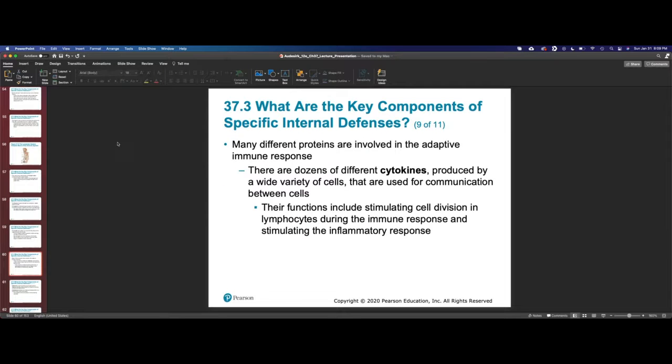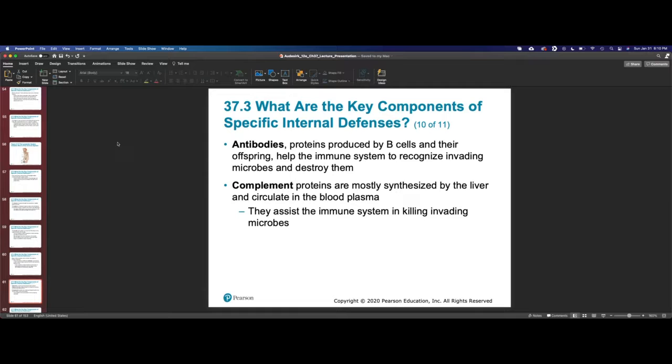So too much swelling can cause a problem, especially in certain areas of your body. For instance, your brain. You don't want it to swell because it's bounded by your skull, and all you're going to do is smash your brain up. Interestingly enough, side story, that's actually when your brain hits the inside of your skull, generally from some sort of crash or accident. That's actually a whole other separate issue. It's generally not too fun.